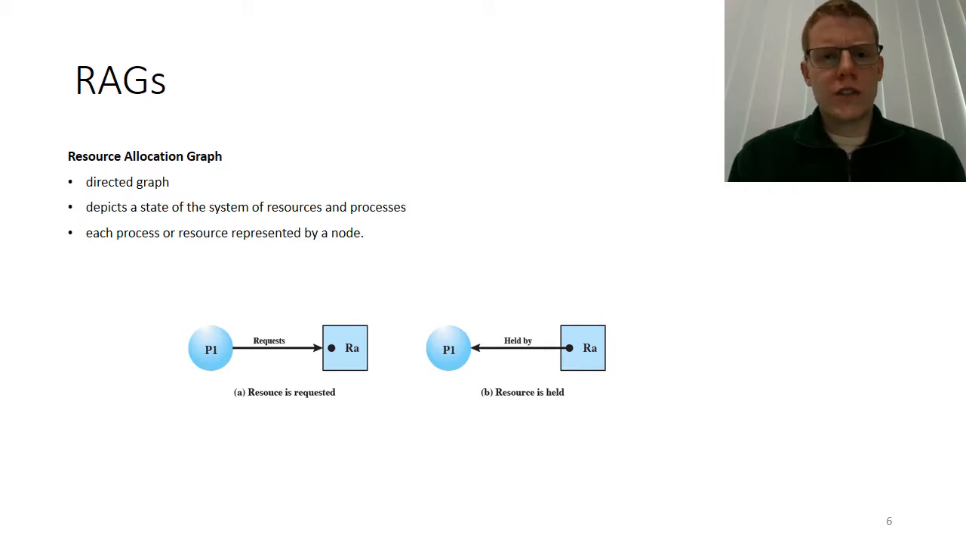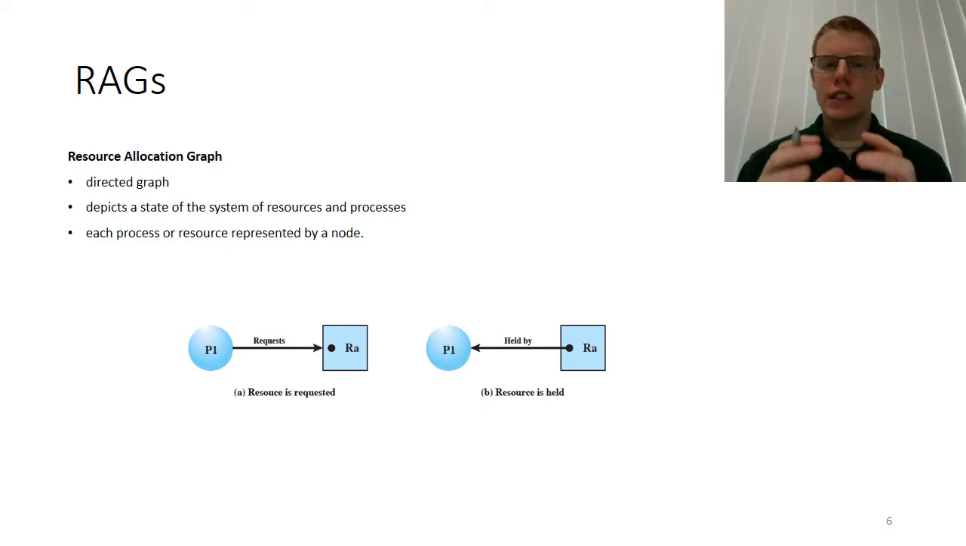To represent these sort of situations a little bit more formally, we can use a kind of graph called a resource allocation graph. Now, when we say graph here, we don't mean plot, we mean graph in the discrete mathematics sense of nodes and edges. A resource allocation graph is a directed graph, and it represents a particular state of the system at a time